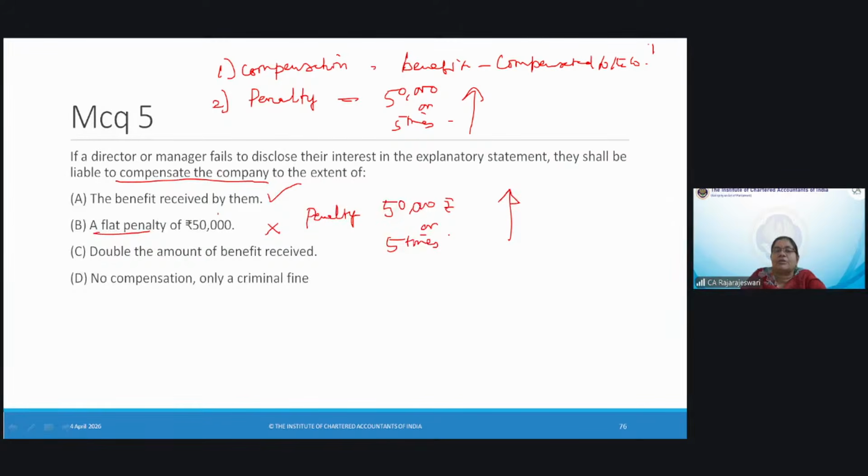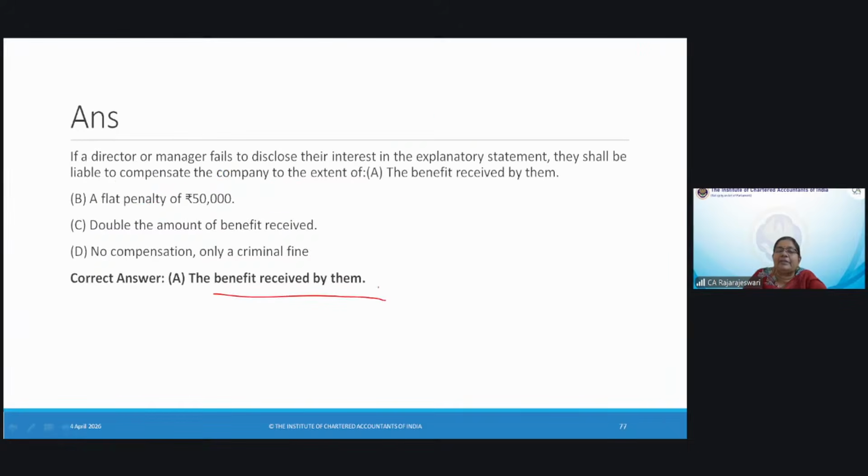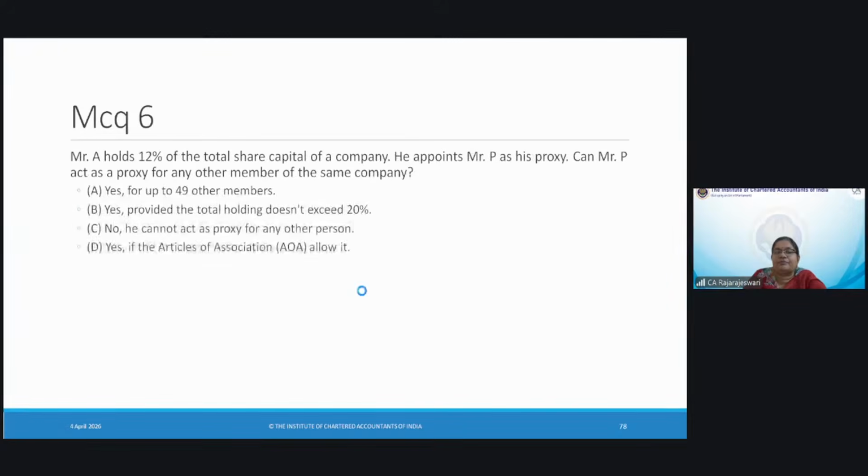The question talks about only compensation. So the answer is only the benefit received by them. That is the answer. You have to read the question. If he fails to disclose, he is liable to compensate to the extent of the benefit received by them. Right? Now,